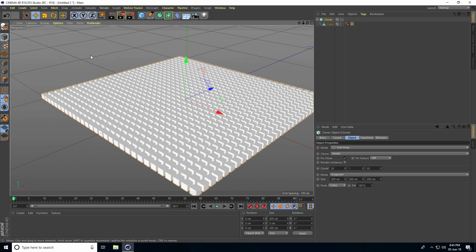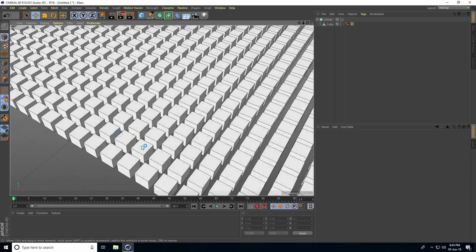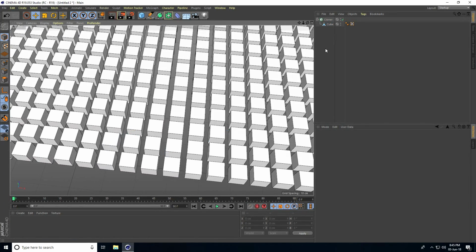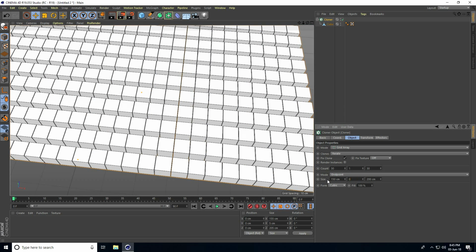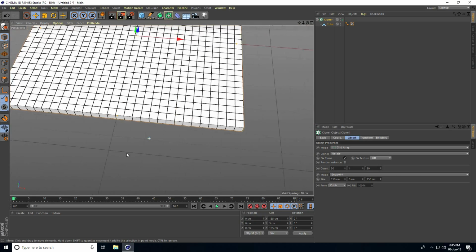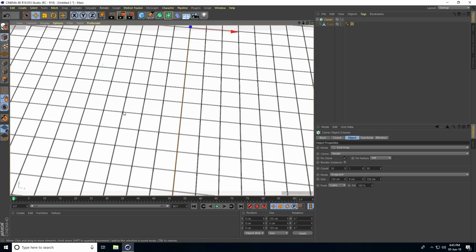See, I go to Display, select shading lines. But guys, change the size. Again select the cloner, size decrease like 150 centimeters, second size take 0 and third size the same 150. There's my grid. Yeah, good.